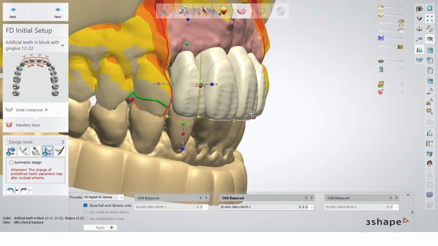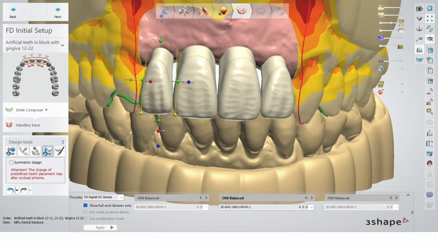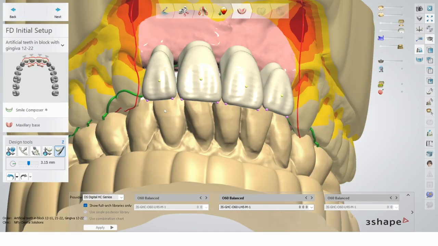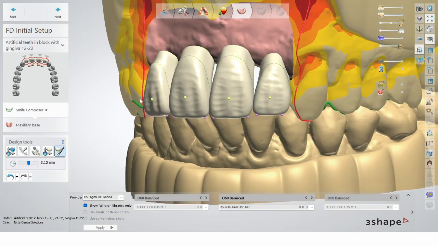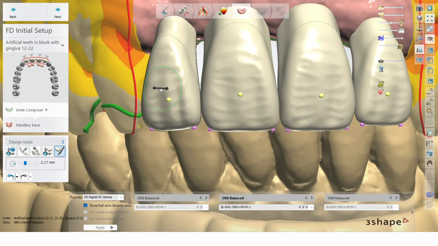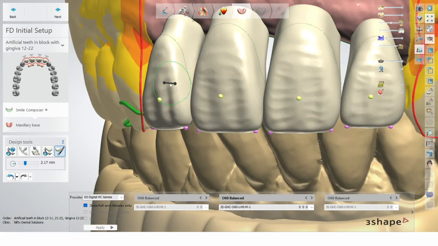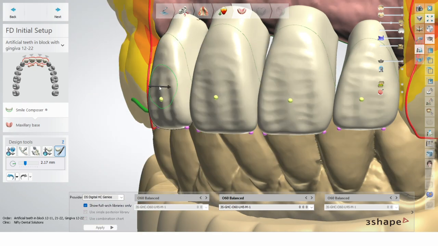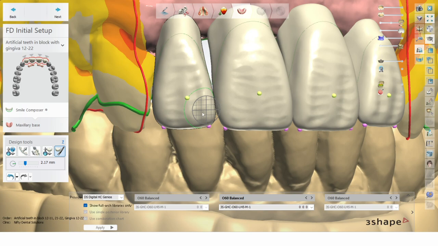And now we're ready to go to the next step. The last things I want to share on this stage, well, if you really want, you can use individual morphing. So you can use dots to move around parts of the tooth. Also, this can be scaled as well by clicking Shift and mouse wheel. And if you click Control, this arrow appears, which, with the help of the mouse, you can see you can stretch things.